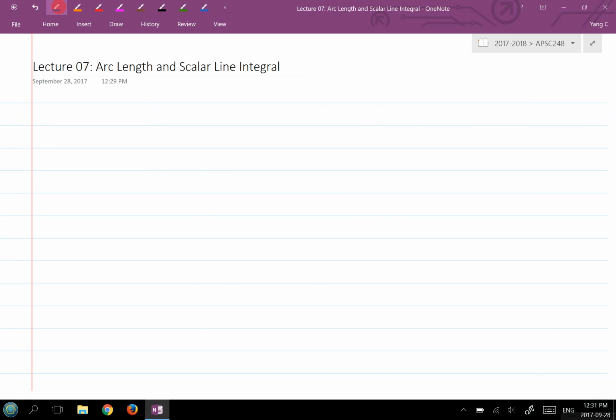Okay, so what I'm going to do is finish the example from the previous lecture, and then we'll get on to the new topic, which is arc lengths and line integrals. In the previous lecture, we talked about the vector function, basically a parametric equation. And from there, it leads to, if we have a parametric equation or vector function,